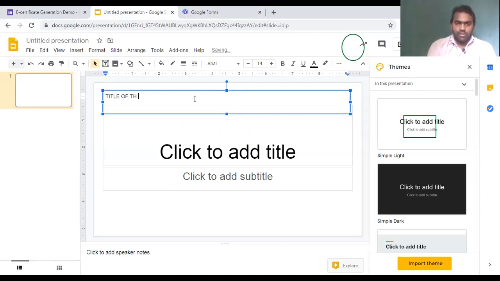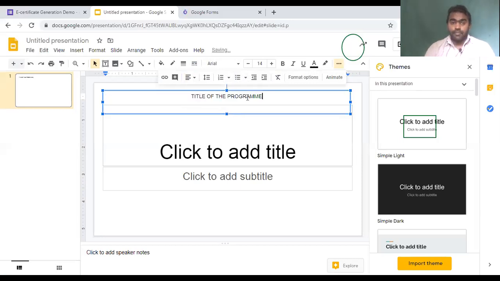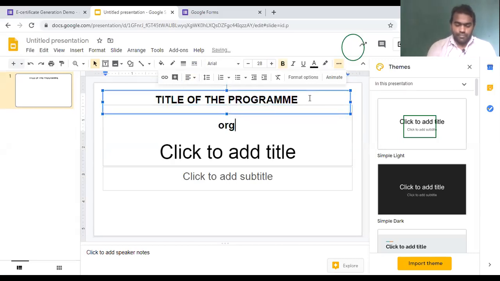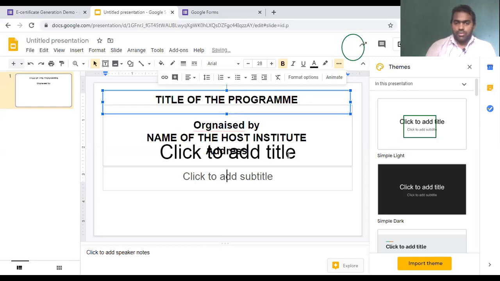The name of the college, the name of the organizer, the host, the name of the host institute, and their address you can add. Now what shall you do?